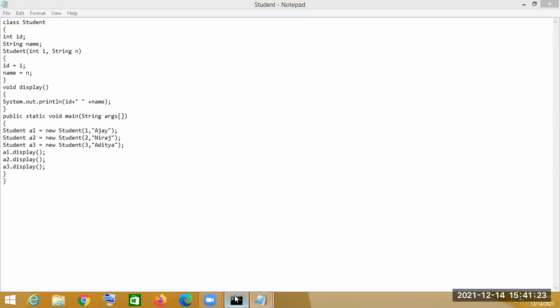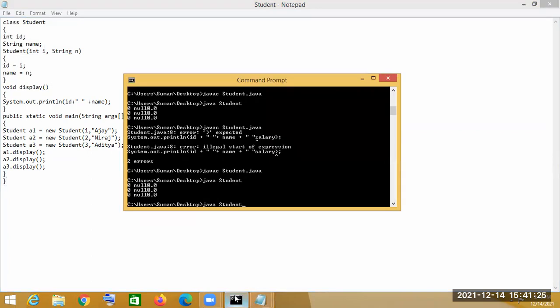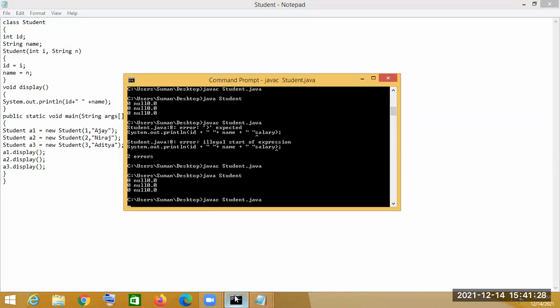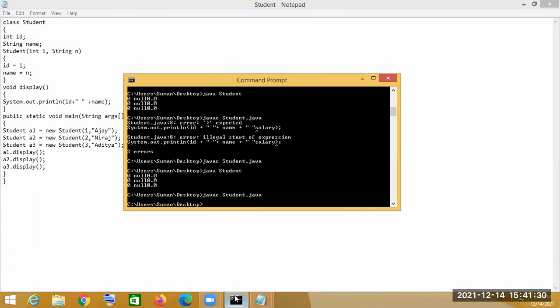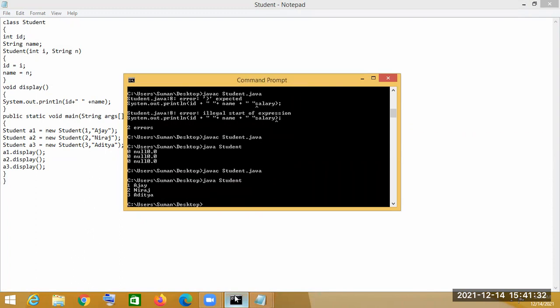तो देखो, हम देखो तीनों वैल्यू शो किया, 1 अजय, 2 नीरज, 3 आदित्य। तो उसका ऑब्जेक्ट के थ्रू हम डिस्प्ले मेथड को कॉल किए, और डिस्प्ले मेथड में क्या है, डिस्प्ले मेथड के अंदर जो स्टेटमेंट है प्रिंट करना, ये सब जो वैल्यूज हम दिए उसको प्रिंट करना है।